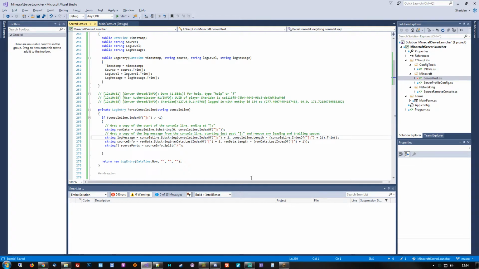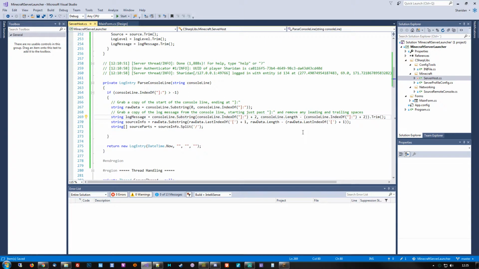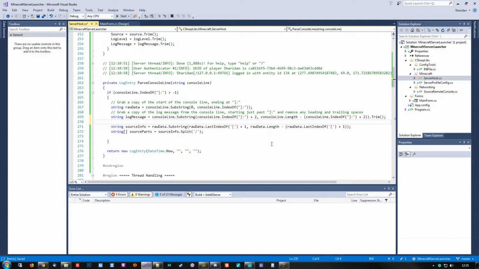Oh, actually, I forgot to resize the editor. I do apologize. Let's see. I can't remember what I had it on last time. Sorry, guys. Is this better? And okay,